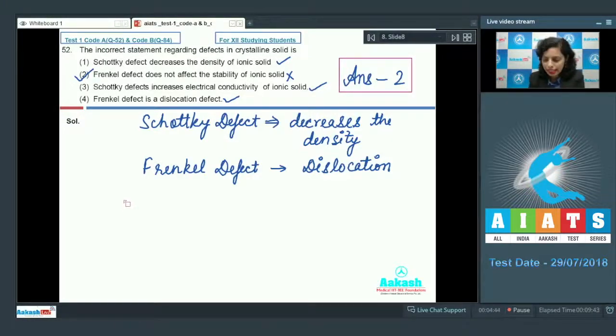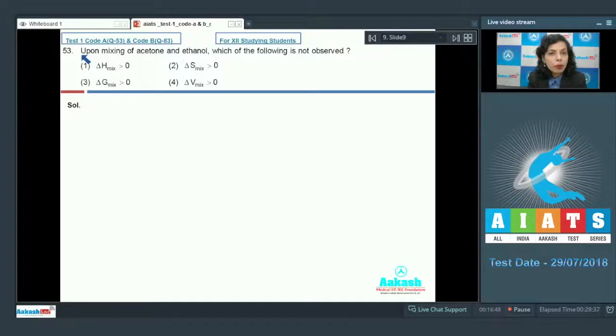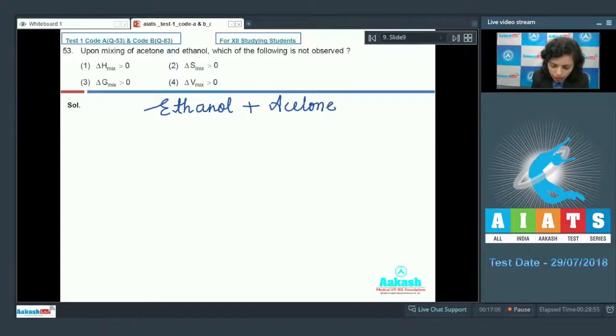Now after this, let's take the next question. This question number 53. Upon mixing acetone and ethanol, which of the following is not observed? Basically you are mixing the two substances here. One is ethanol and other is acetone. Just recall, this mixing results in the formation of a non-ideal solution